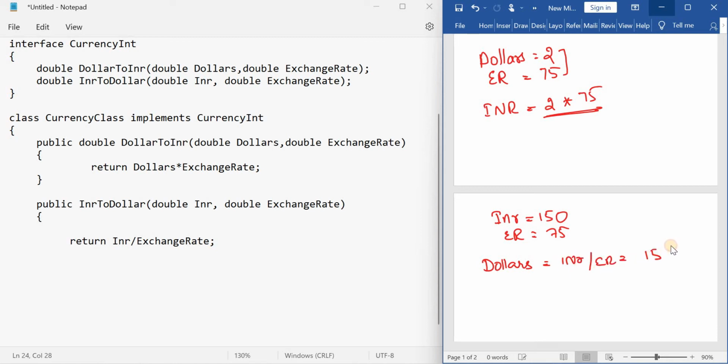So it gives 150 by 75, that is $2. That means 150 rupees is equal to $2. So same formula I wrote here, and whatever the value we get, that will be returned. Okay, so close this method, and finally close this class also, close the implementation class also.